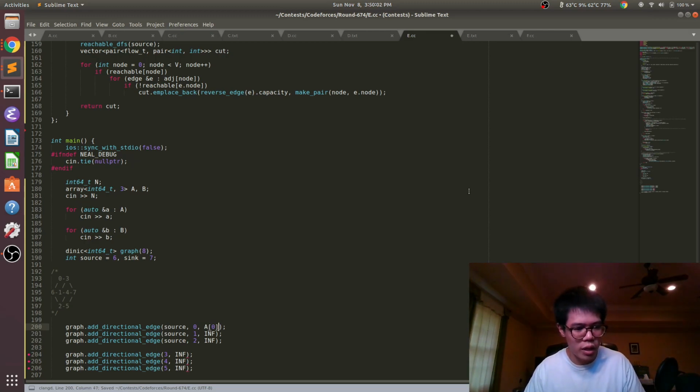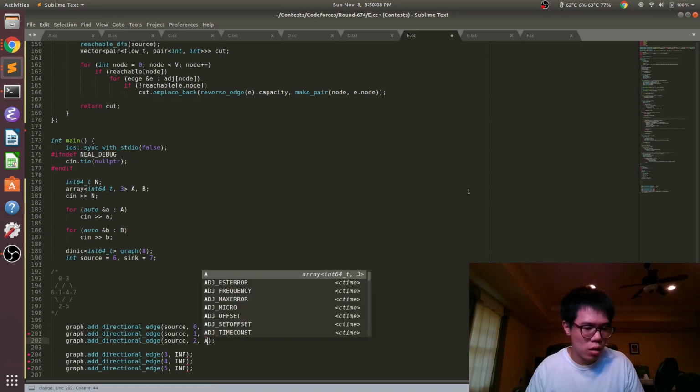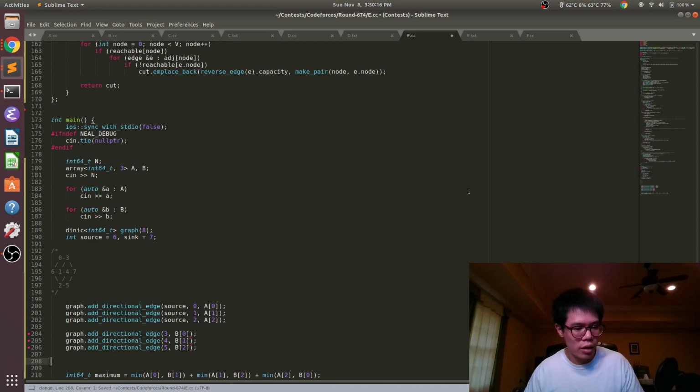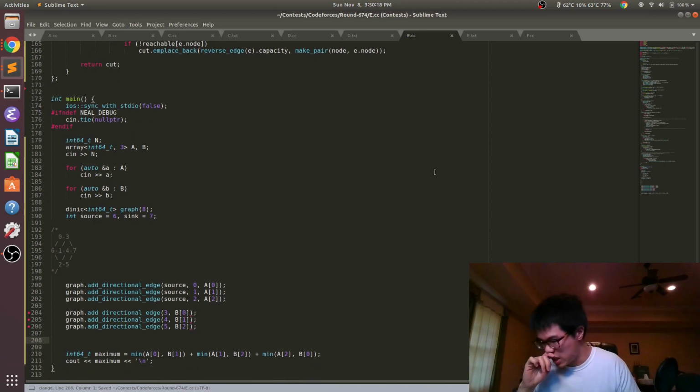This needs to be A0, because this is the number of Alice rocks that we can make. B0, B1, B2, and then what happens is